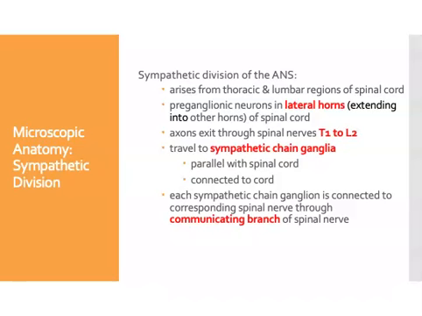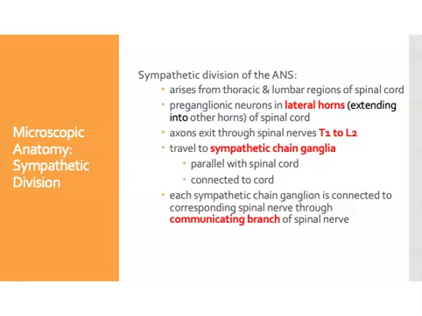That region was the thoracolumbar region. So the preganglionic neuron cell bodies are located in this lateral horn area in the thoracolumbar region of the spinal